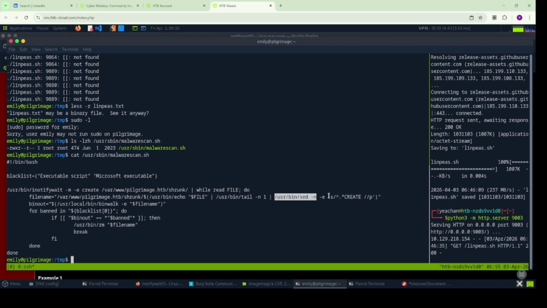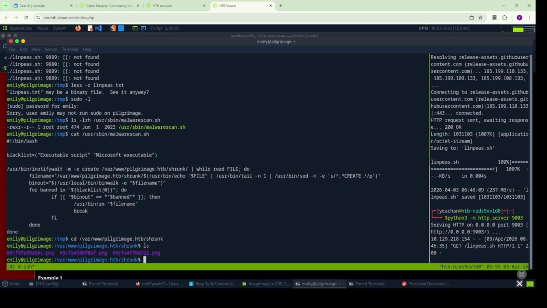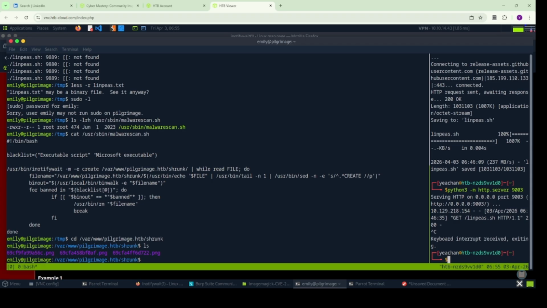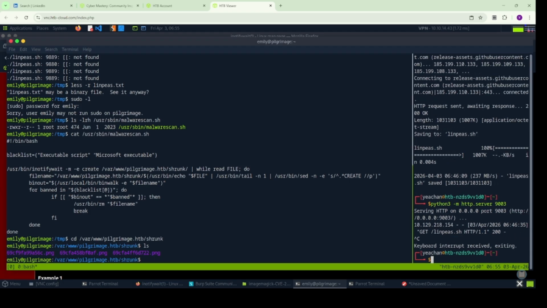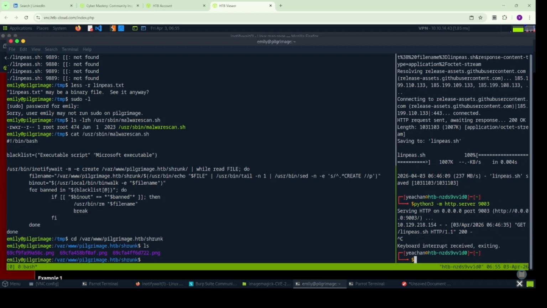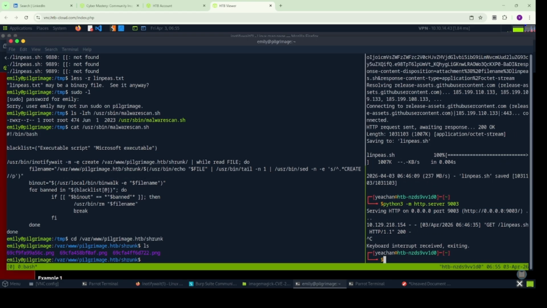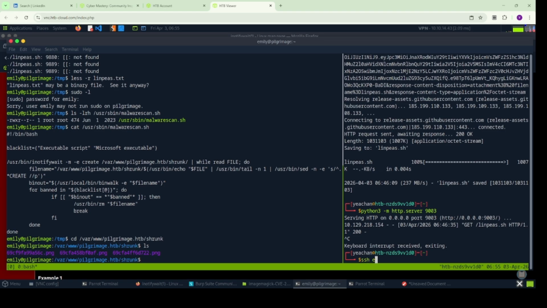Tail and so since we can access this folder, we can also try to replicate this. So as it is currently running, maybe we can also